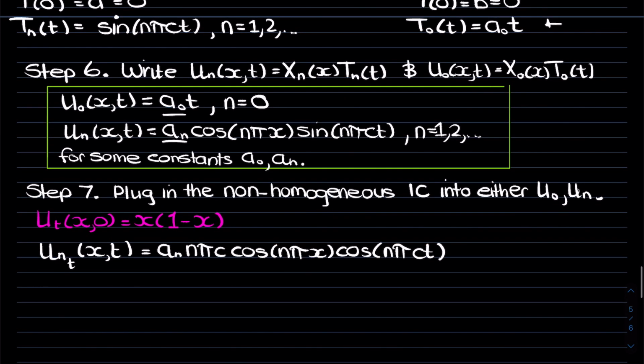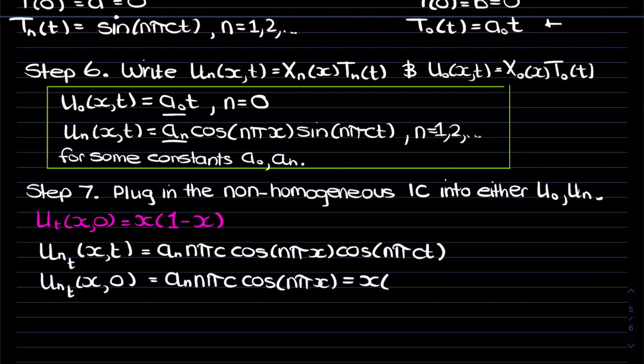Then we would plug in t equals 0, so we're matching that non-homogeneous initial condition. So u n t of x,0, and t equals 0, goes to a n n pi c cosine n pi x equals